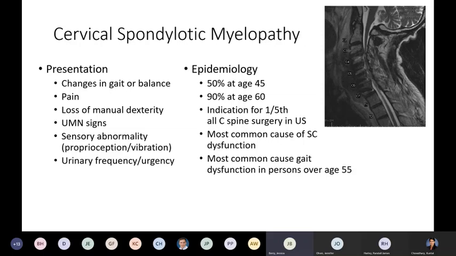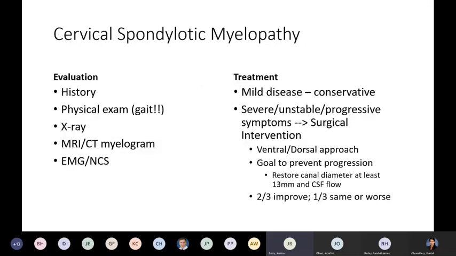So I think it's just important. These people are going to present to all different types of outpatient settings, and so most of you are going to end up seeing them regardless of your chosen subspecialty down the line. So I think it's just important to keep this on the radar when people present with ambulatory dysfunction. So when you see someone with this, the typical evaluation and treatment, again, focuses on looking for some of the information we just discussed in the history and physical exam.